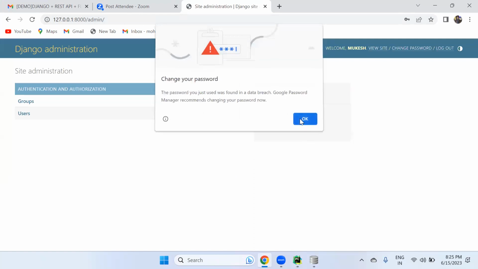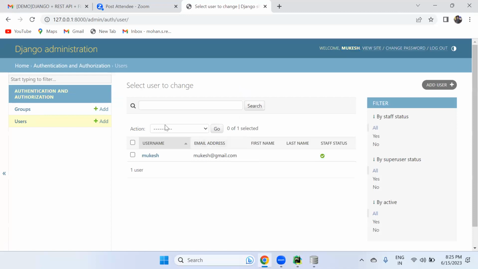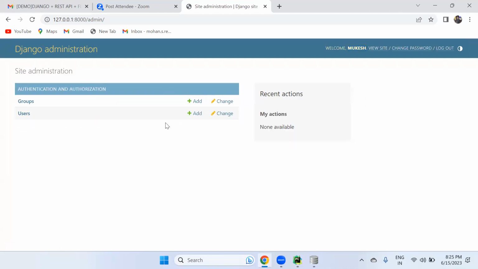Now you can see this is the Django administrative panel, and welcome to Mukesh user is there. If he wants to change his password, you can click on it. If you want to log in or log out, you can do it. And now you can see user details also there. Mukesh user details are there. But sir, in this Django administrative panel,